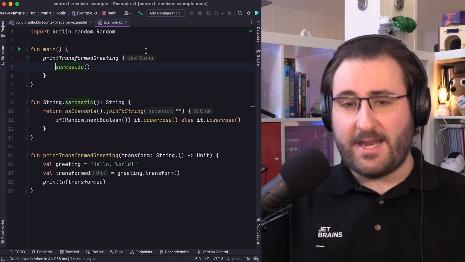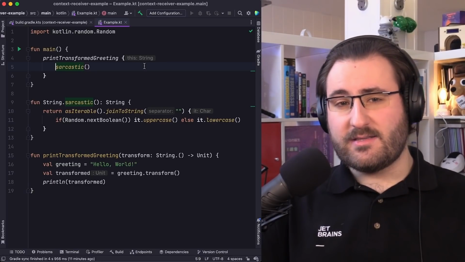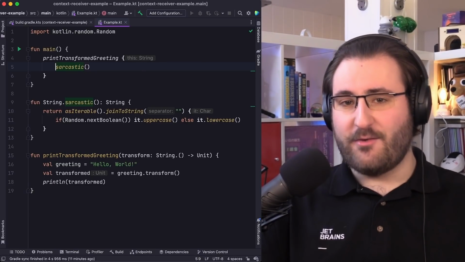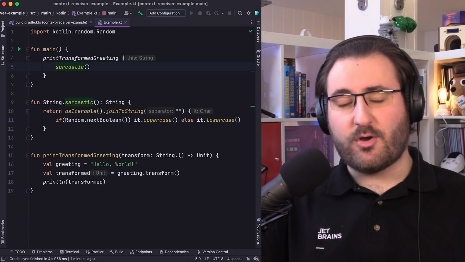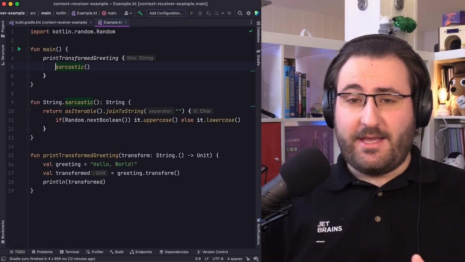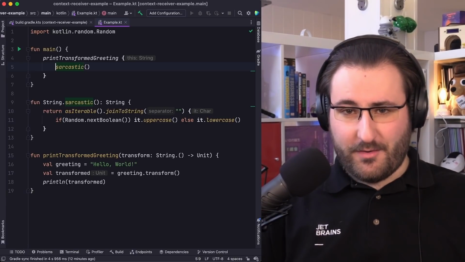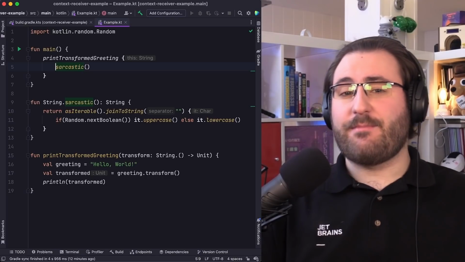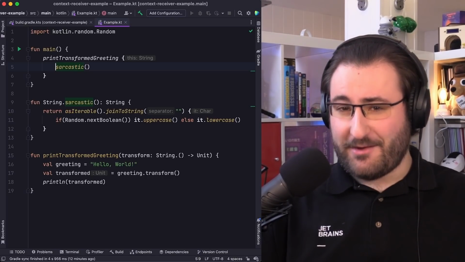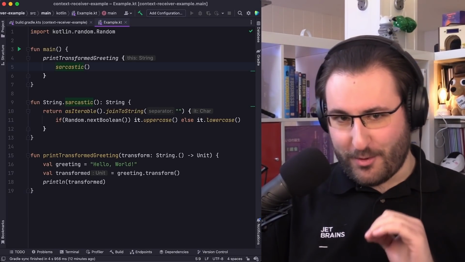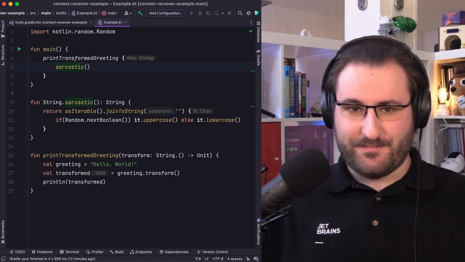As you can see, I have inlay hints enabled in my IDE, so you can even see that the IDE will tell me that the receiver type of this block is a string. Those actually aren't the only ways of making an object the receiver type for a block of code. But this video isn't about all those fancy features, but there is one more function that's worth pointing out: the with function. The with function takes its argument and turns it into a receiver.